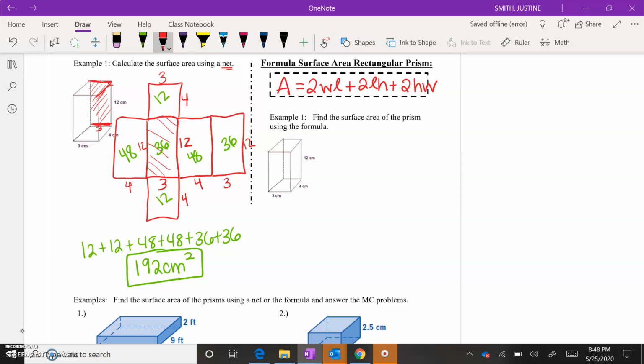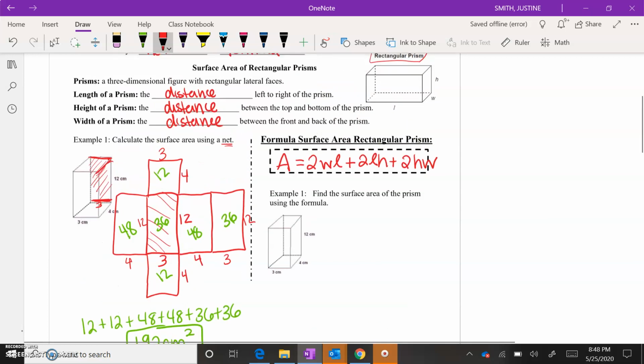So if I were to use this formula and the same picture here, labeling my length, my width, and my height, and plugging it into the formula, 2 times 4 times 3 plus 2 times 3 times 12 plus 2 times 12 times 4,